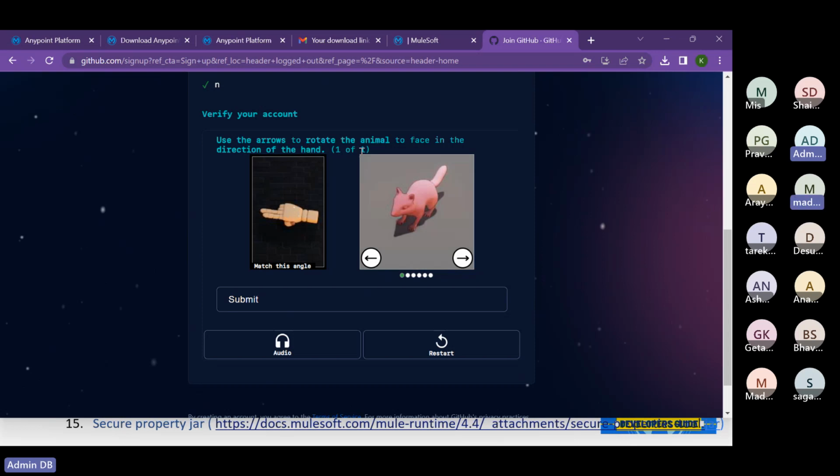Use the arrow to rotate the animal to face in the